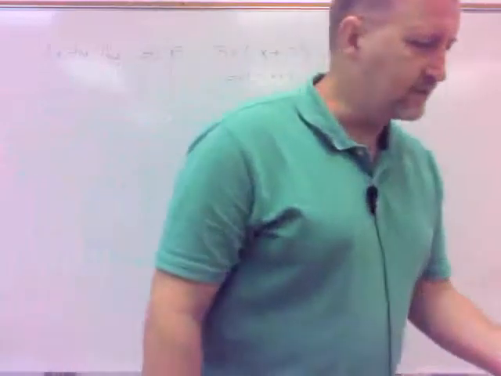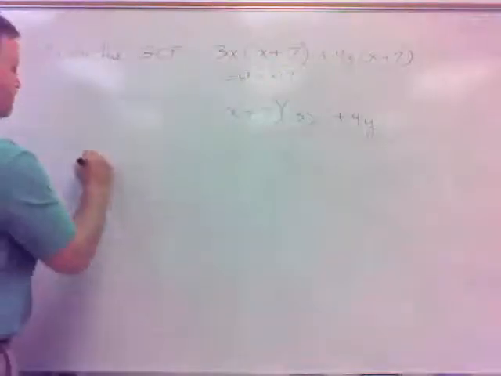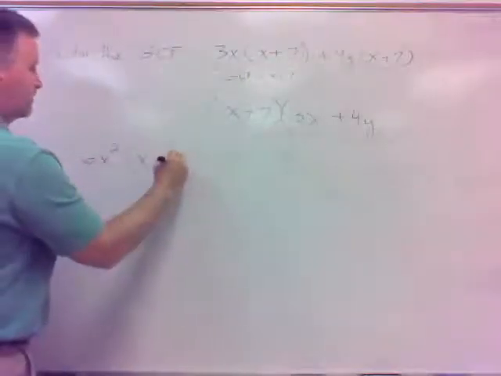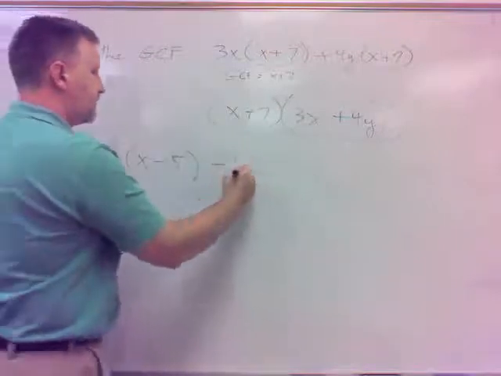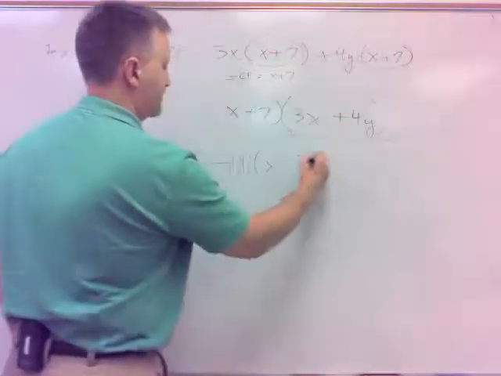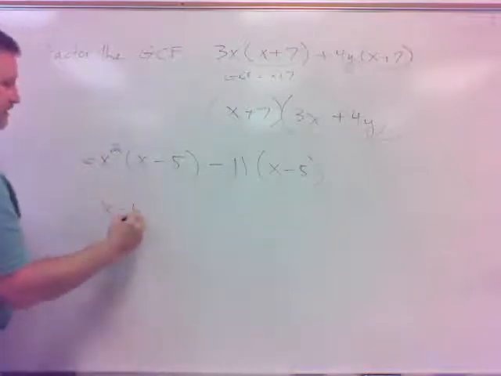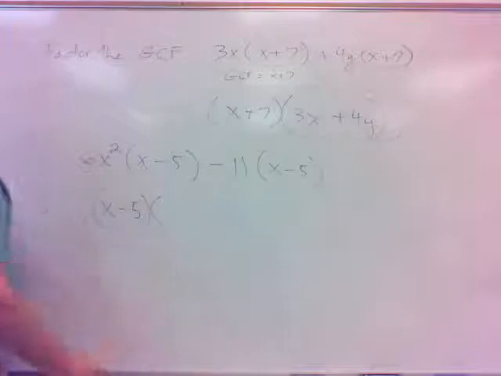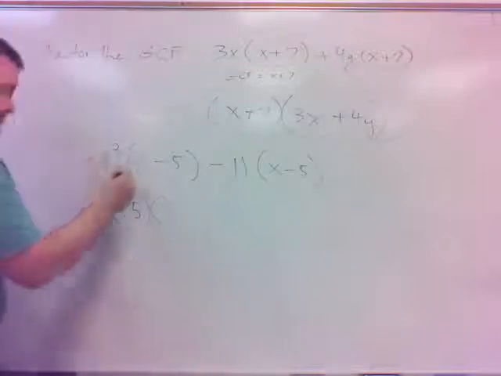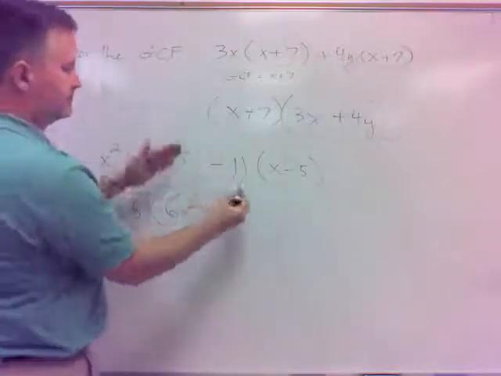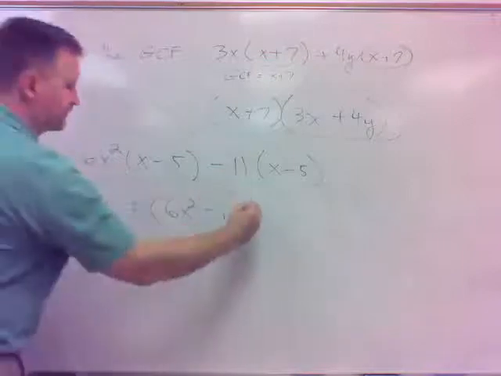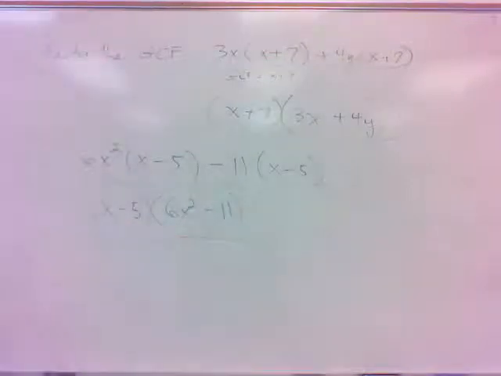So what would I get on this one? 6x squared (x - 5) - 11(x - 5). What would I get if I factored on that one? Well, the common there is x - 5. Okay, so I'm going to factor it out, and that's going to leave me what? 6x squared - 11. Okay. All right, we're going to, like I said, utilize that